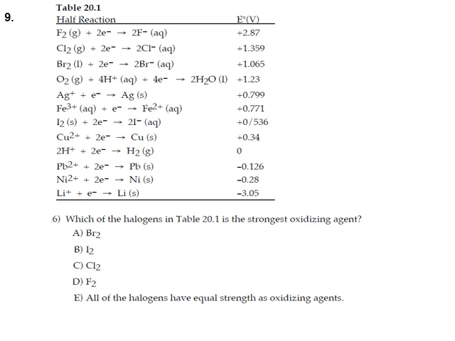So number 9, they give us a table of half reaction potentials. This is taken right out of the table of standard reduction potentials. And we can tell that because we're seeing here that everything is written such that everything is gaining electrons. So we're going, for example, F2 plus 2 electrons and so forth. So this is the table of standard reduction potentials, and it's really what we want, right, because it's what we're used to. So anyway, the question down here is asking which of the halogens in this table is the strongest oxidizing agent, which we're going to read as being which one is the most likely to be reduced, and